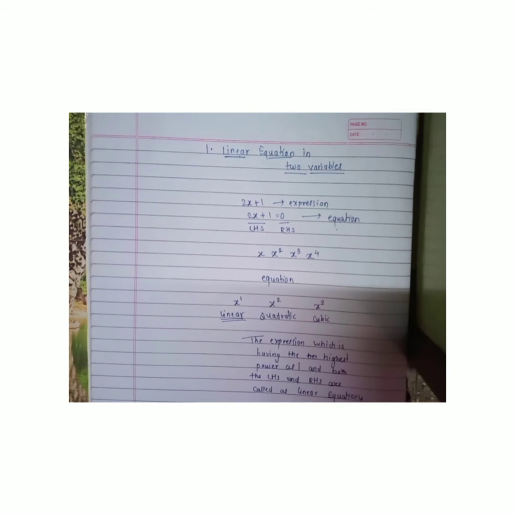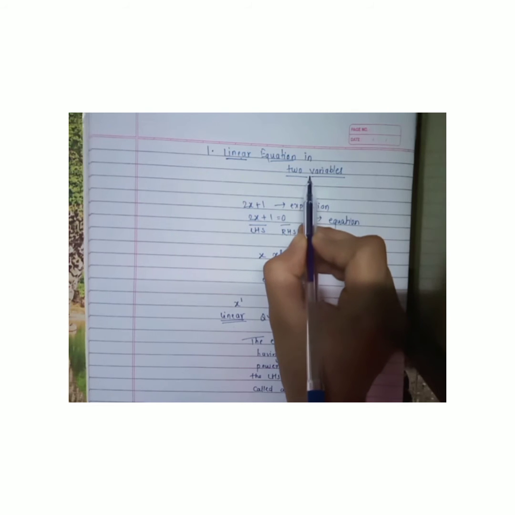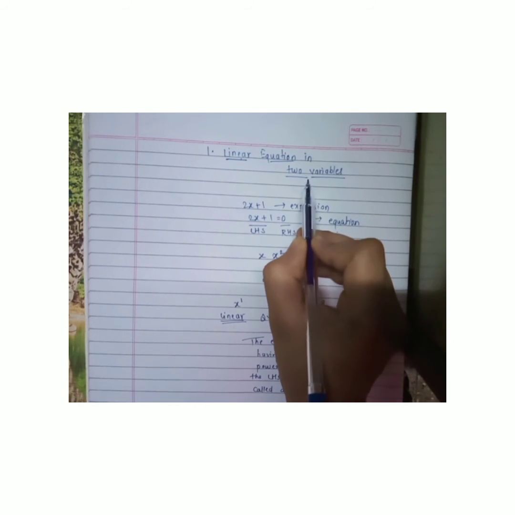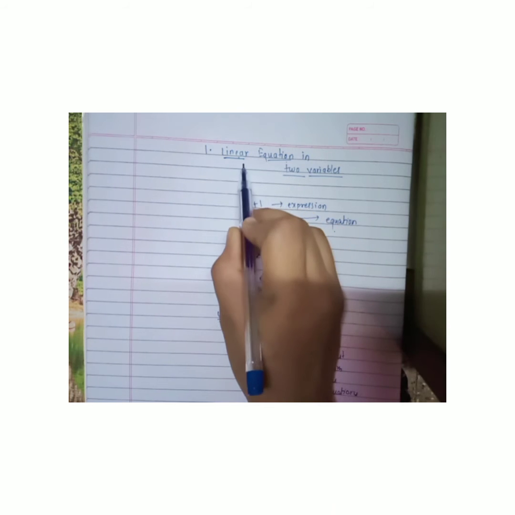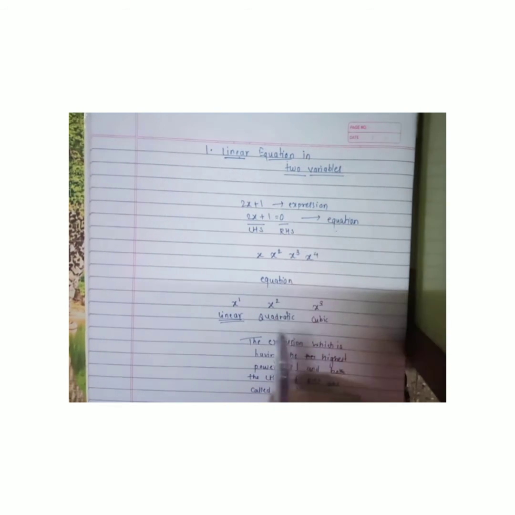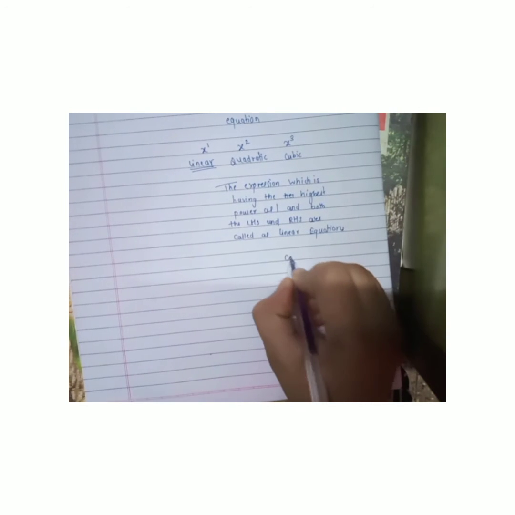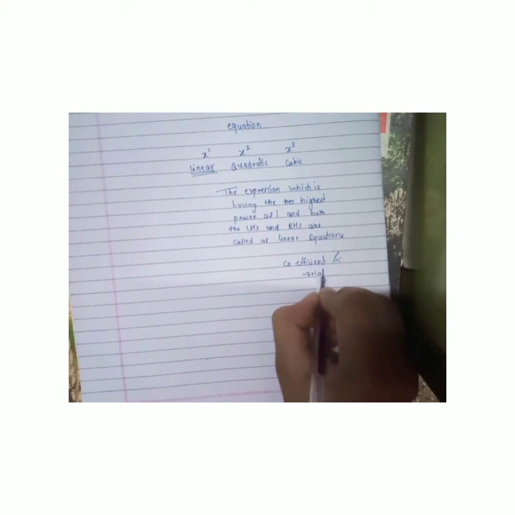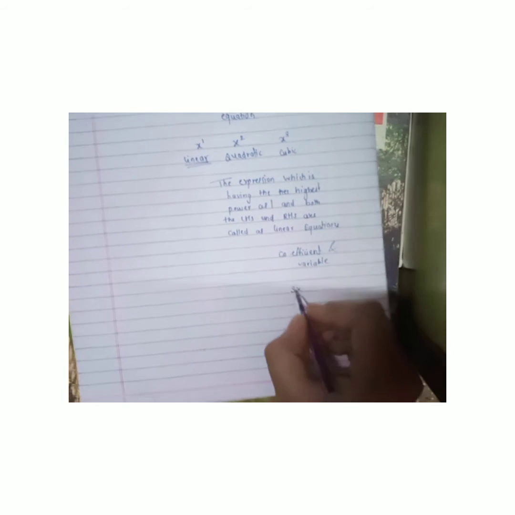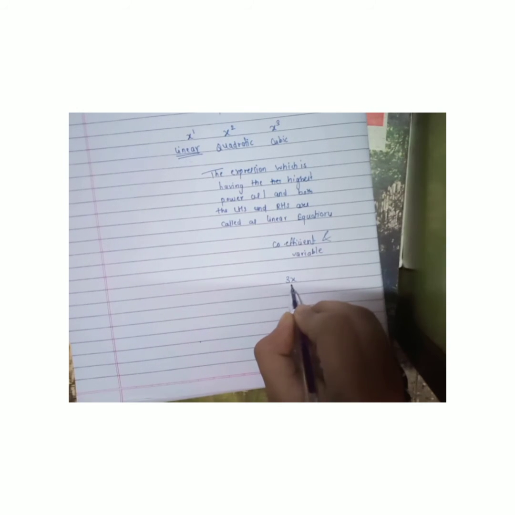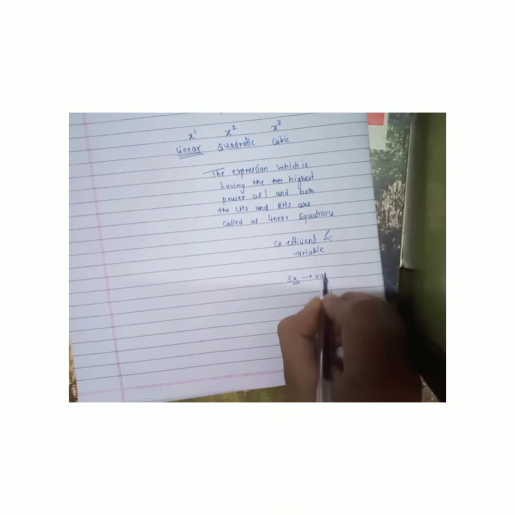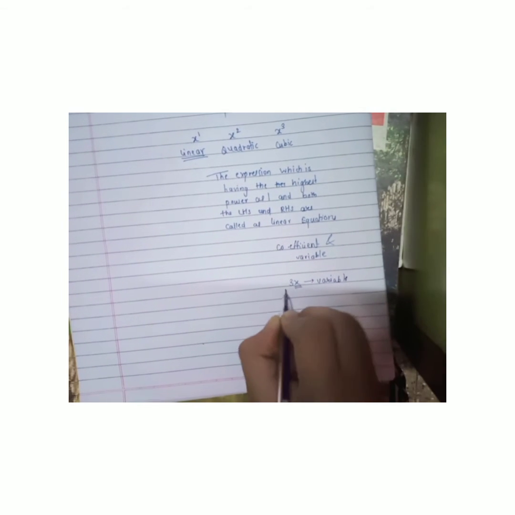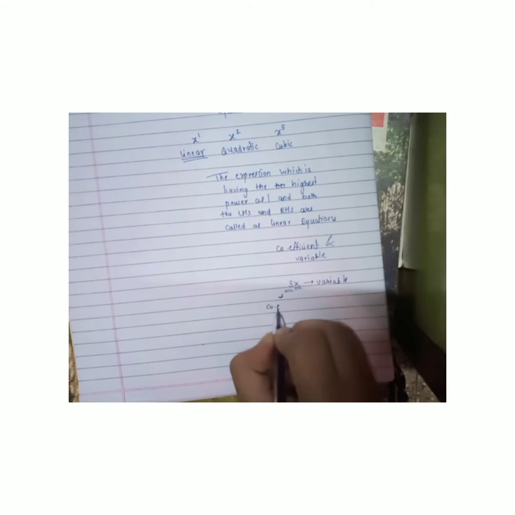But it doesn't get over only on linear equations. What the question is? Linear equation in two variables. The name of the lesson is linear equation in two variables. So we are done with the two terms, that is linear and equation. Now we will see what are those variables. We know that there are two terms, namely coefficient and variable. So if I am having 3x as a polynomial, then from this the x or the alphabet which is used is the variable and this 3 is coefficient.